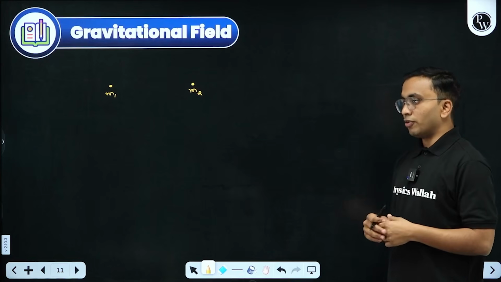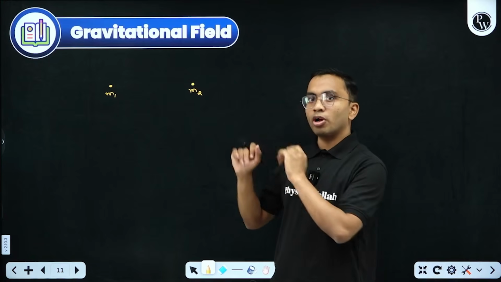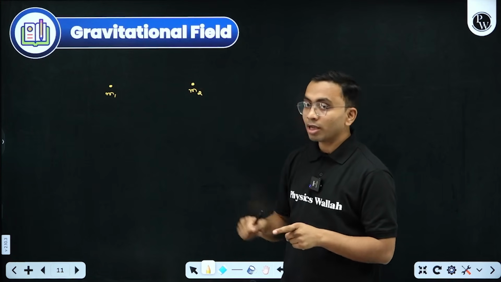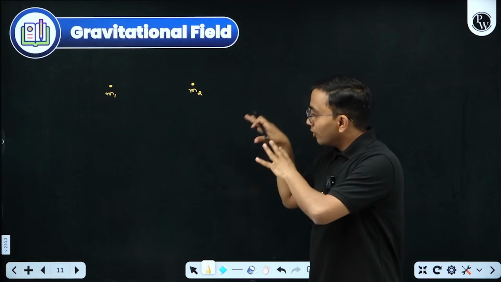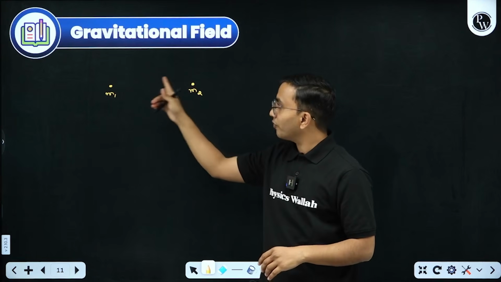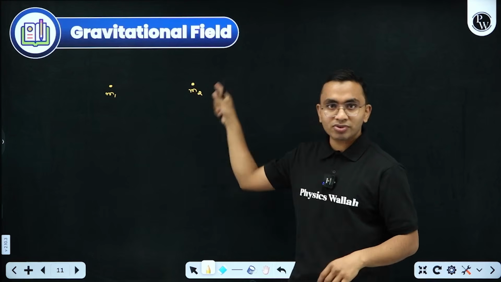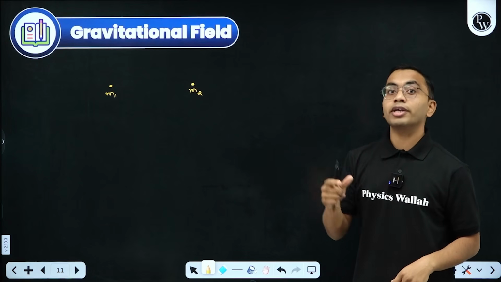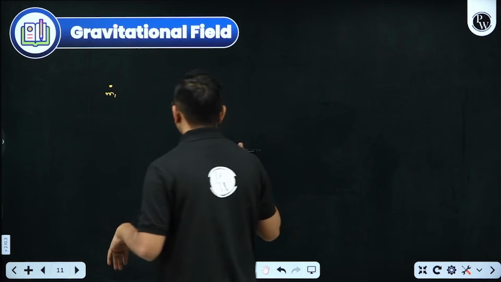Like if I need to apply force, let us take I have to push a block. I need to touch that block. I cannot push the block directly. No, that is not possible. So here how is the force being applied? There is presence of field between them. The gravitational field of m2 is applying force on m1. Gravitational field of m1 is applying force on m2. Getting it? So there is presence of field. These forces are field forces. Gravitational force is a field force. It's not a contact force. Gravitational force doesn't need a contact to apply. So there is a field.